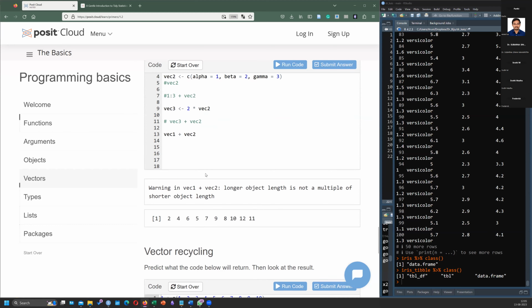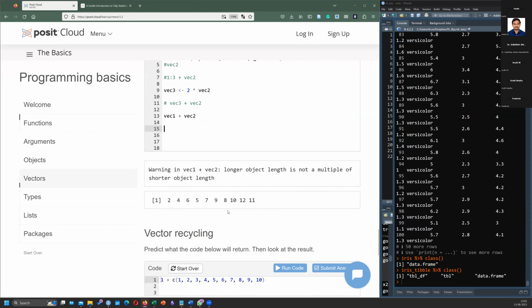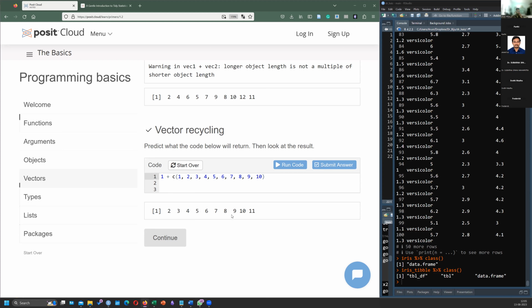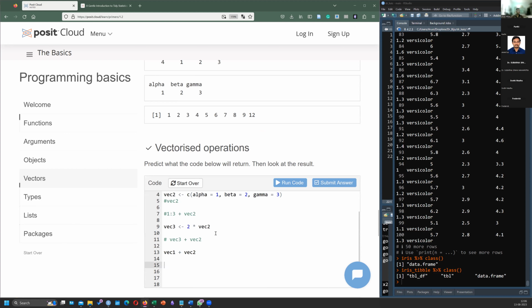This is vector recycling. Now, this is just the same thing that we did. If we want to add 5 to every number of the vector, then we just have to give vec plus 5, so that it will be added to every number.